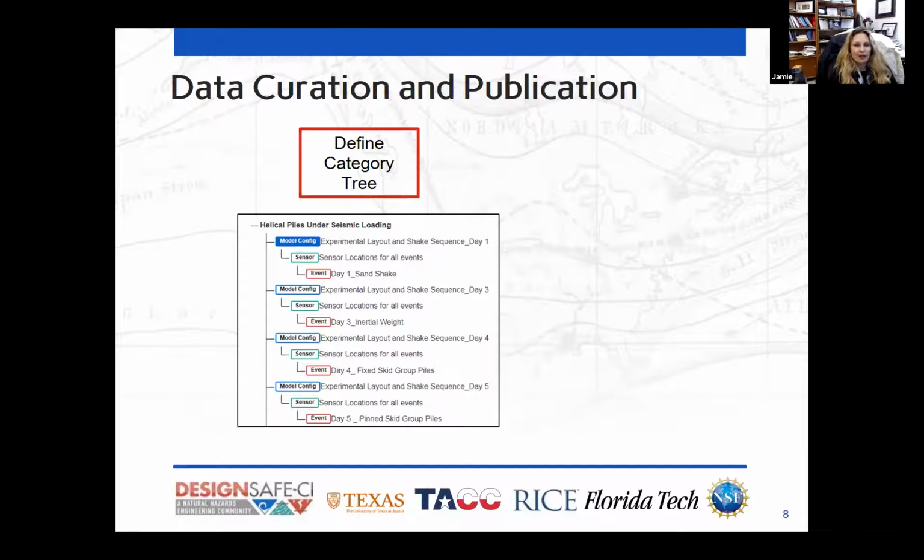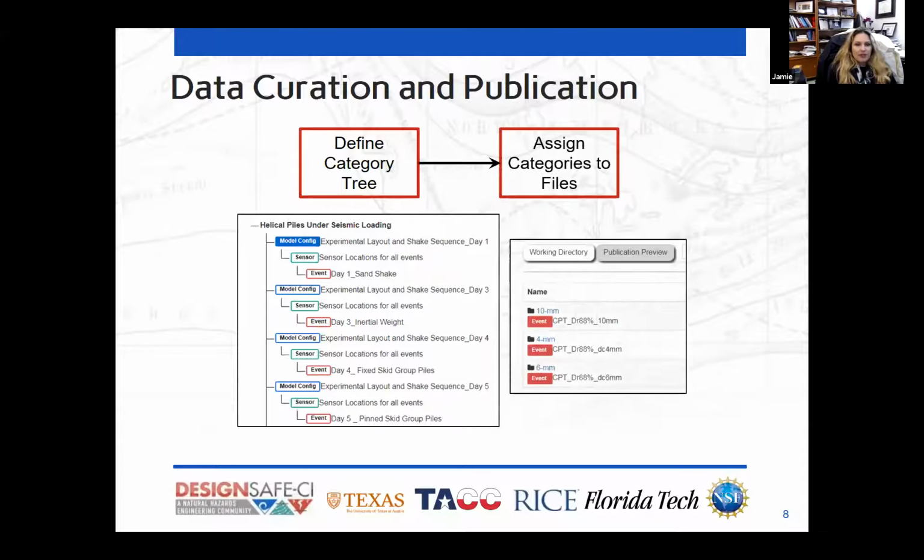Just a quick preview of the data curation and publication pipeline. You can see examples here of the process of allowing for tree development by the users themselves in terms of assigning various structures and files to that structure for how you would share and organize your data, and then assigning those files to the various categories, for example, model, sensor, event, and so forth.